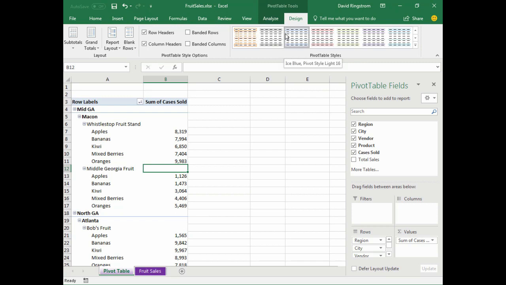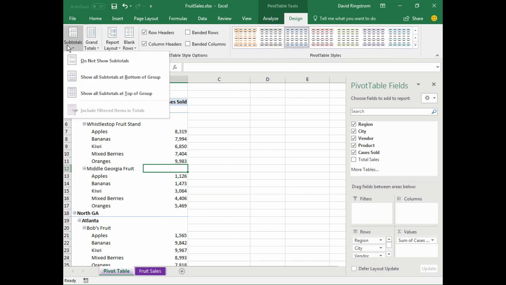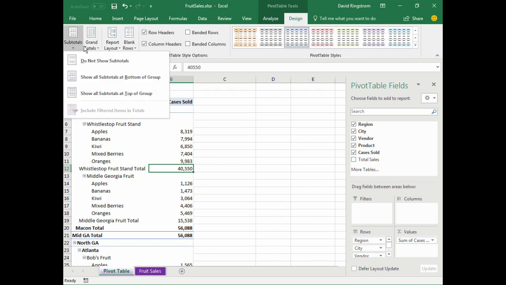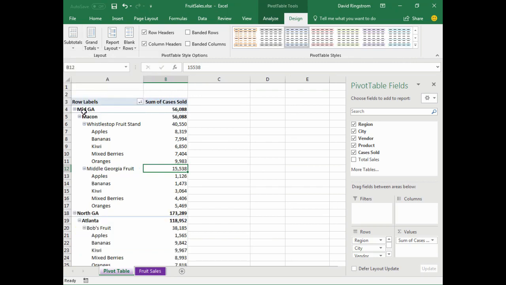So on the design menu, over to the left, there is the subtotals command. And I have some control. I can say subtotals show them at the bottom of the group if I want to show them at the bottom of each group. But it's often more efficient, it takes up less space, to show them at the top of the group. So here are my subtotals. Now,